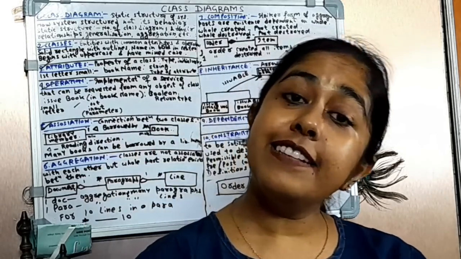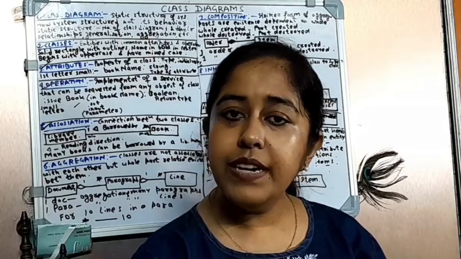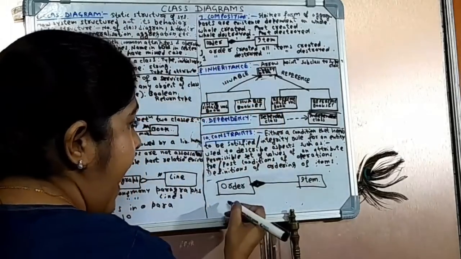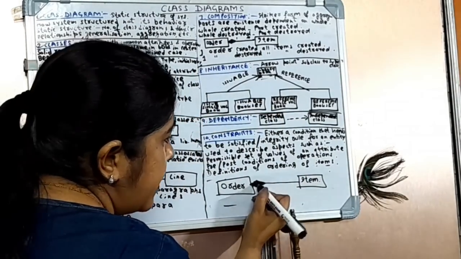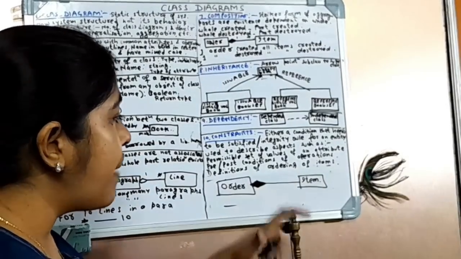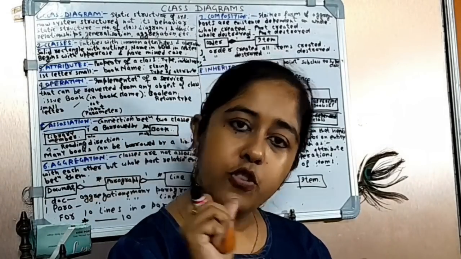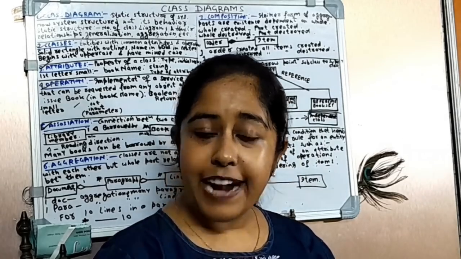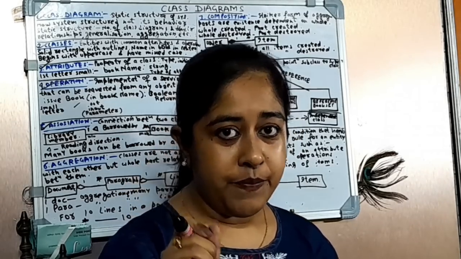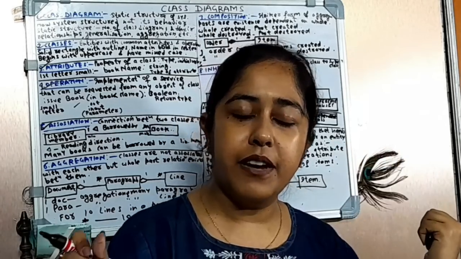I have to cancel the whole order as a whole. When I am cancelling the whole order, these whole items will definitely die, they will already be cancelled. So I have to show here with the help of this particular diamond, a filled diamond, right? This diamond will show you that this is a composition relation, and an empty diamond will show you an aggregation relation. Clear? That's why I have told you that you have to see these particular symbols very carefully, right? So an empty diamond is there for aggregation, and a filled diamond will be there for the